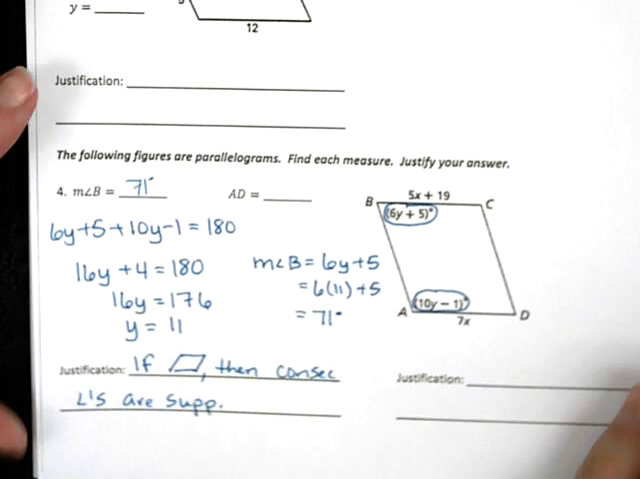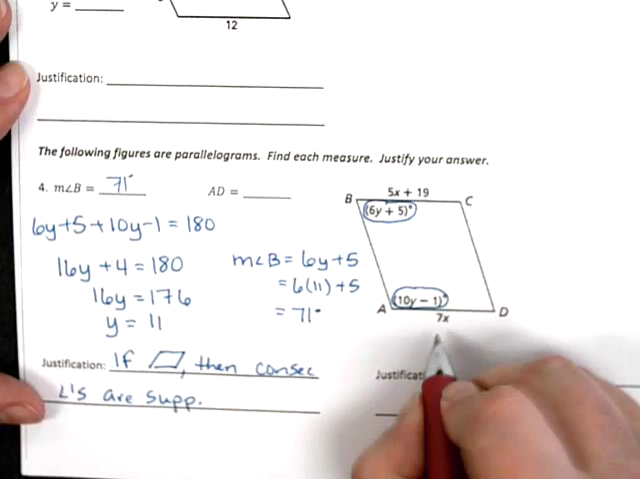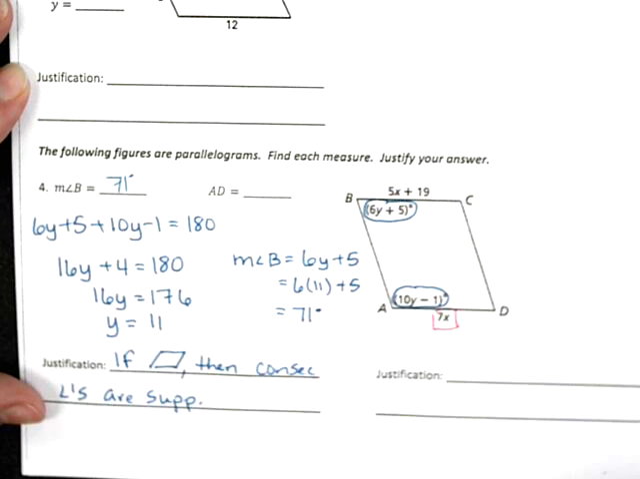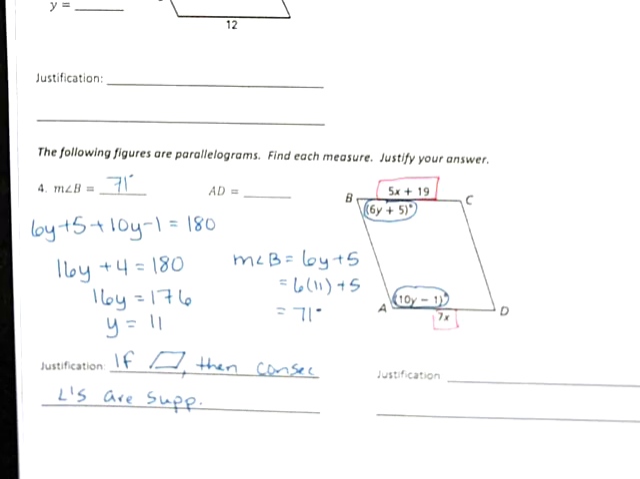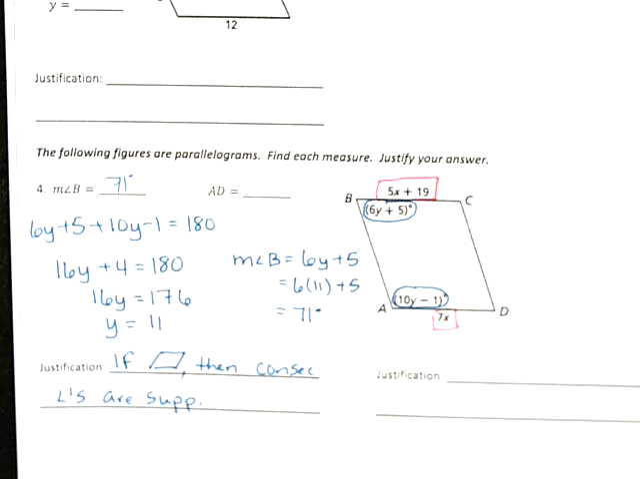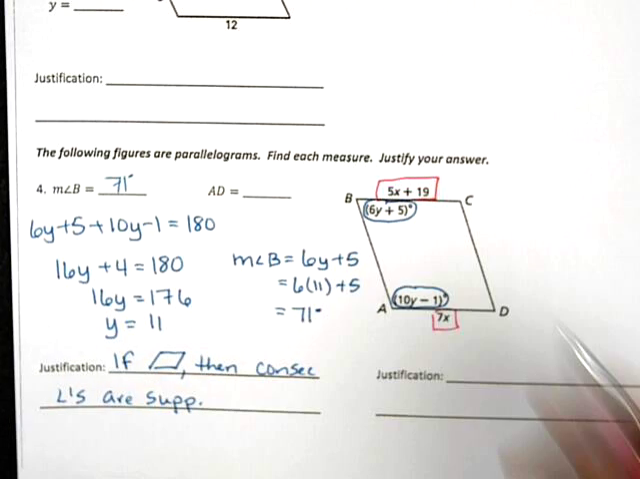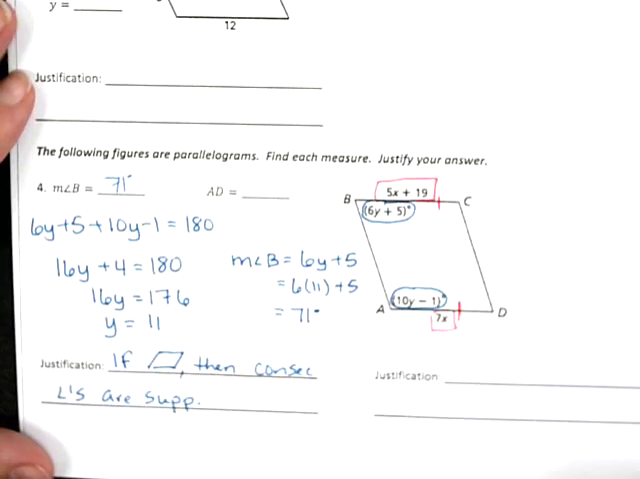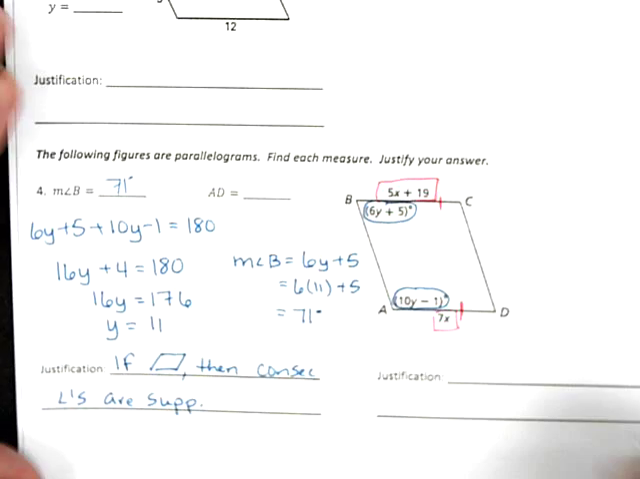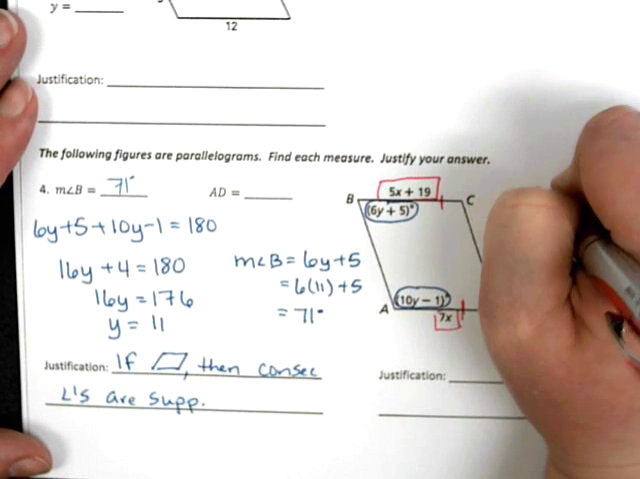So now it's asking me to find AD. Well, AD is right here. This is that 7x, and I have this 5x plus 19. So we have to think about the properties of parallelograms. And we know that opposite sides are going to be congruent, so I can put tick marks there. Well, congruent means that they're the same. That means I can say 5x plus 19